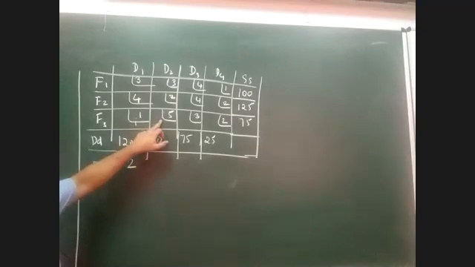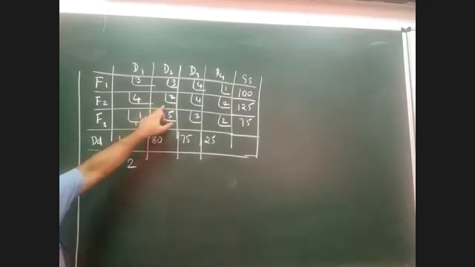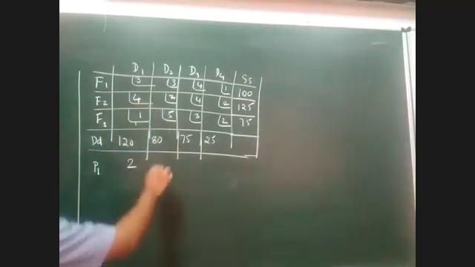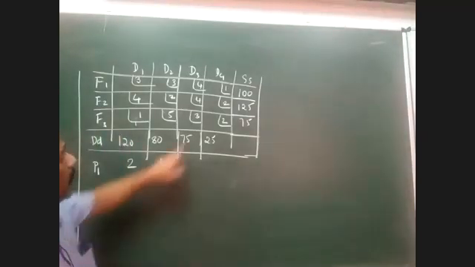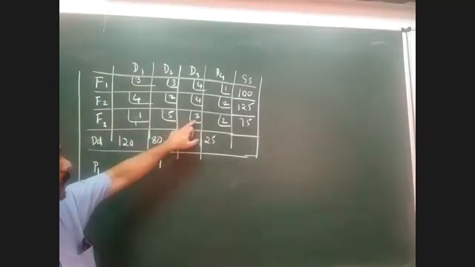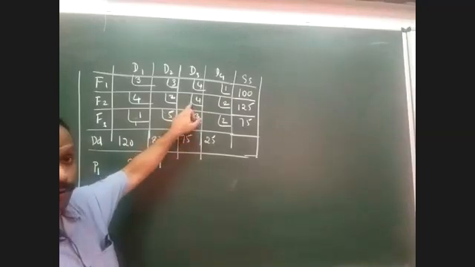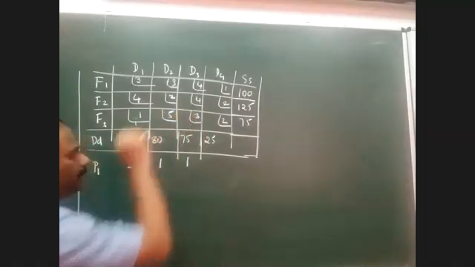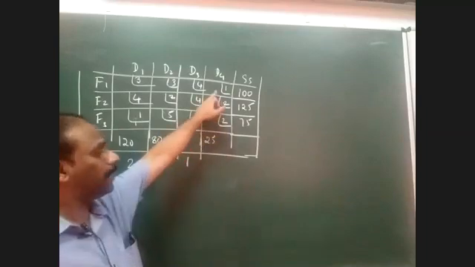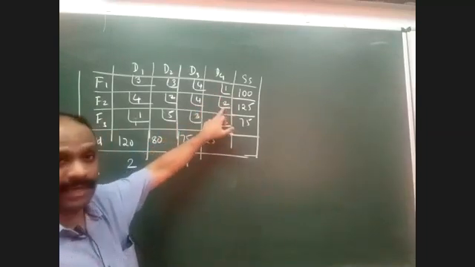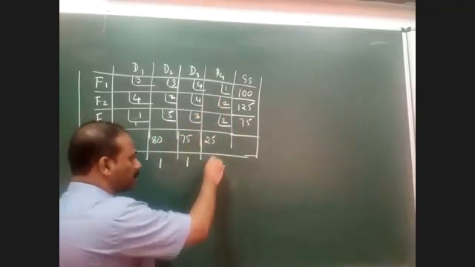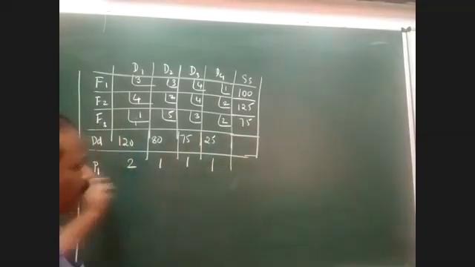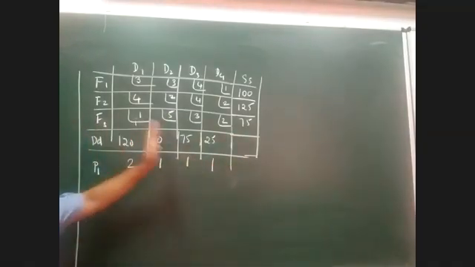When you come to the second column, the lowest value is 2 and the next higher is 3, therefore the difference is 1. In the third column, the lowest value is 3 and the next higher value is 4, therefore the difference is again 1. And in the fourth column, the lowest value is 1 and the next higher is 2, and the difference again becomes 1. Now we have got the values of the first set of penalties, which are calculated on the basis of columns.